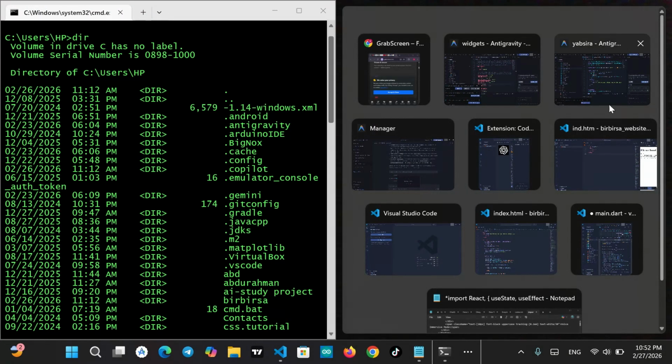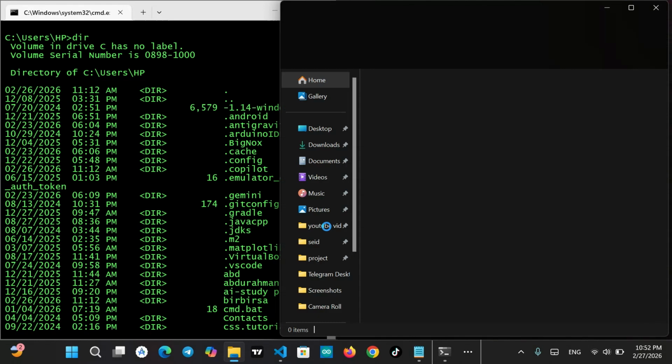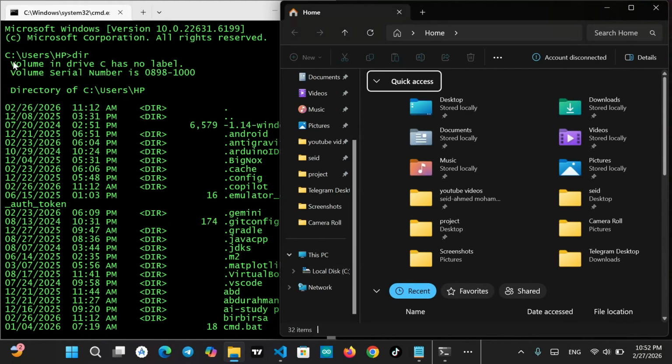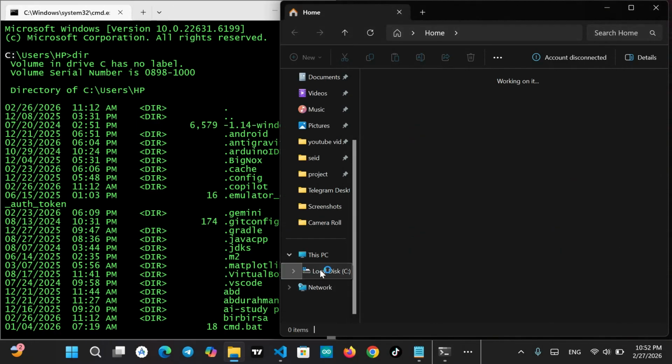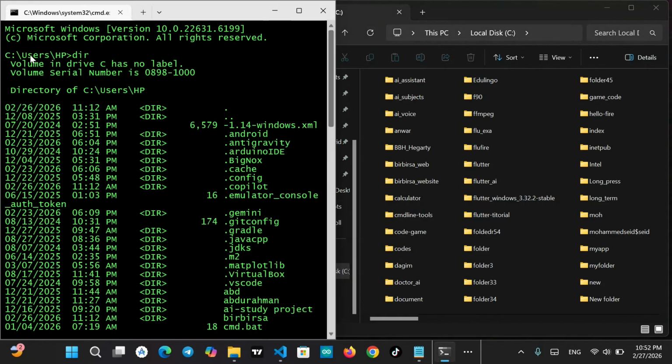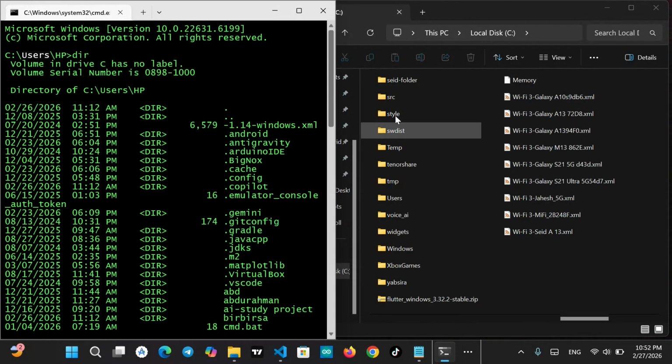Open File Explorer, then go to local disk C, because it's in local disk C. The Users folder is in local disk C, so we click the Users folder. In the Users folder there is the HP folder.